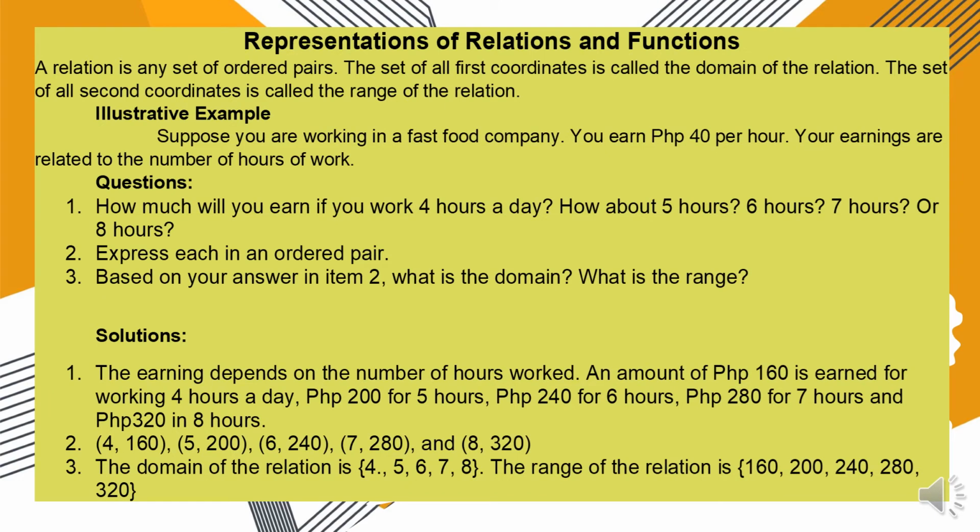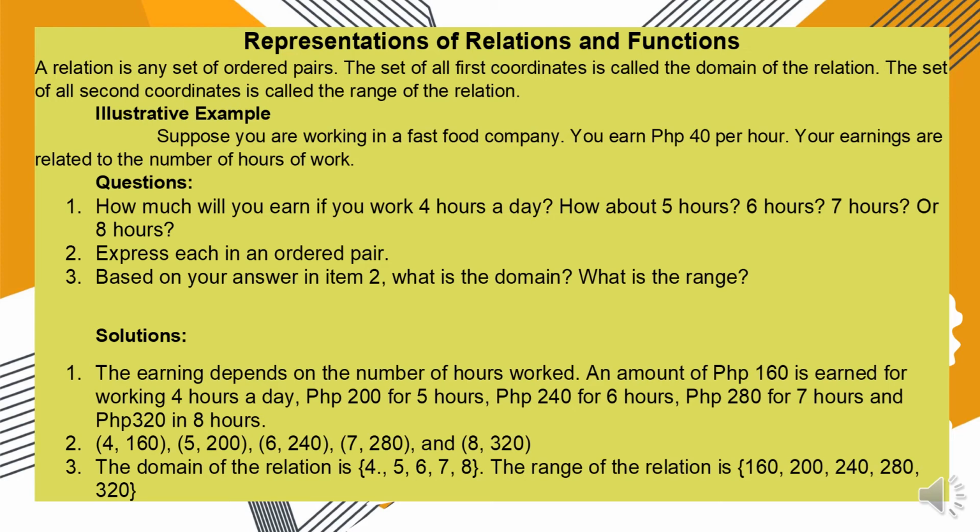So let's proceed to representation of a relation and functions. A relation is any set of ordered pairs. The set of all first coordinates is called the domain of the relation. The set of all second coordinates is called the range of the relation. Example: